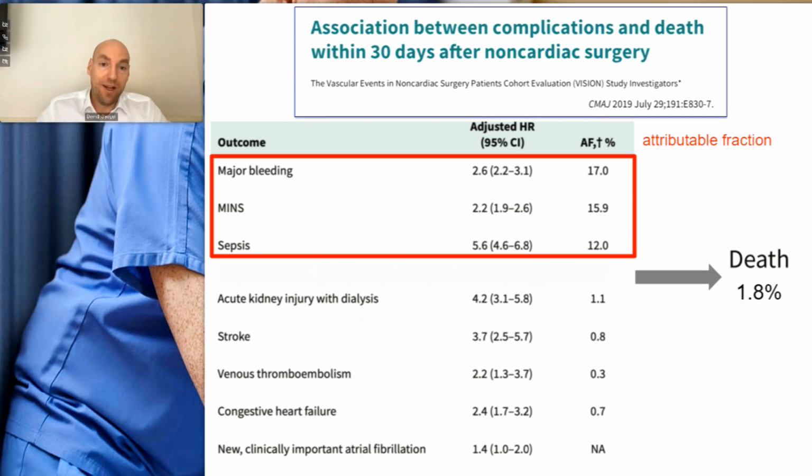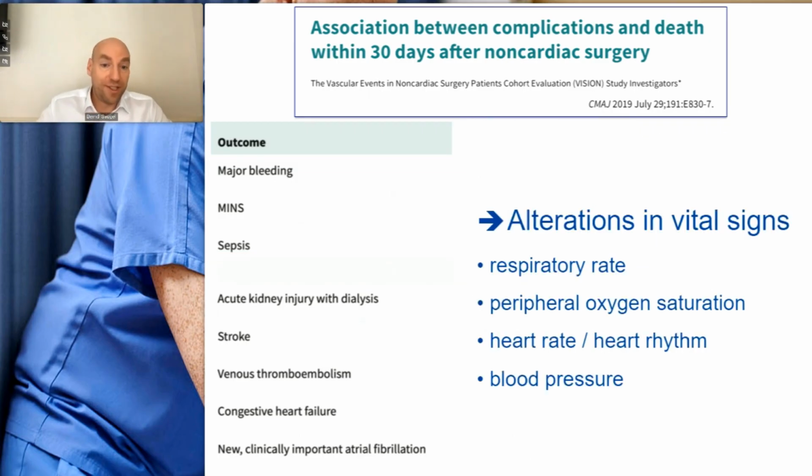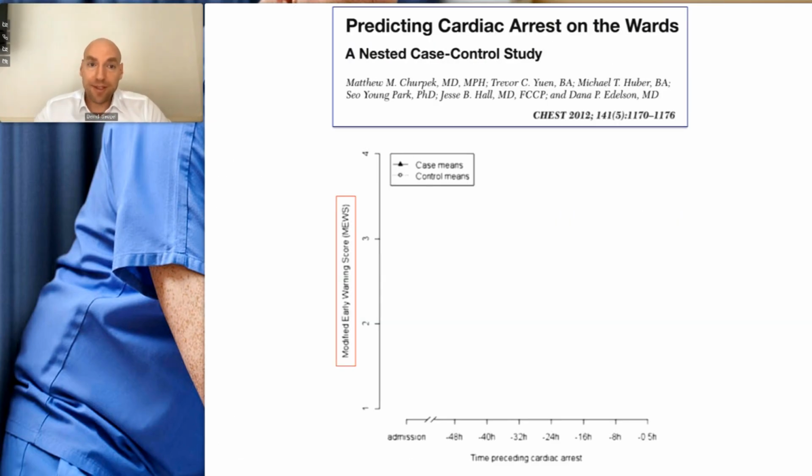And these complications all result in alterations of vital signs. They increase respiratory rate, they may decrease peripheral oxygen saturation, increase heart rate, alter the heart rhythm, and may lead to hypotension. So they also induce changes in blood pressure. Again, this is not only true for surgical patients, it's also true for patients who are treated in hospital for